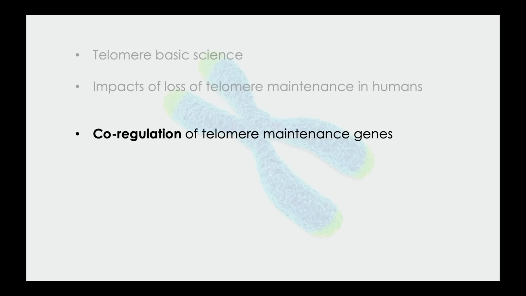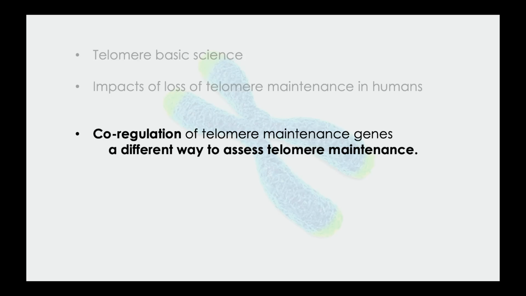And what do I mean by these genes? I mean those core proteins and products that are involved in that complicated dance that's maintaining telomeres. And instead of looking just at the amounts of expression of their genes, which is what you typically do, you say how much expression was there, I actually looked at it in a somewhat different way, and not hard to do, and that was to look at the co-regulation of them across samples within different groups.